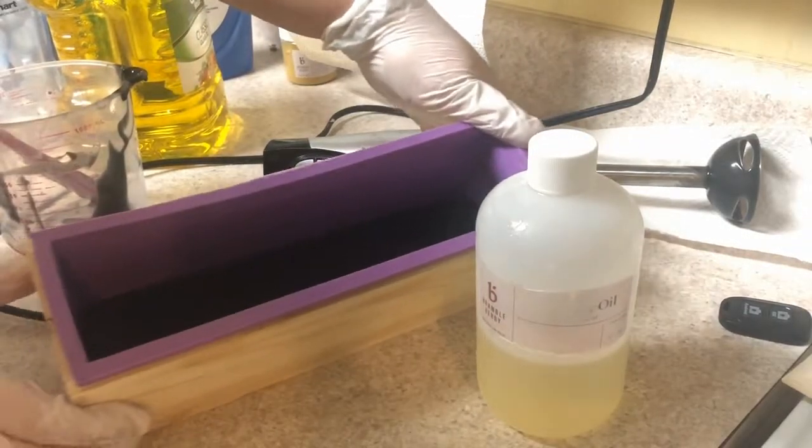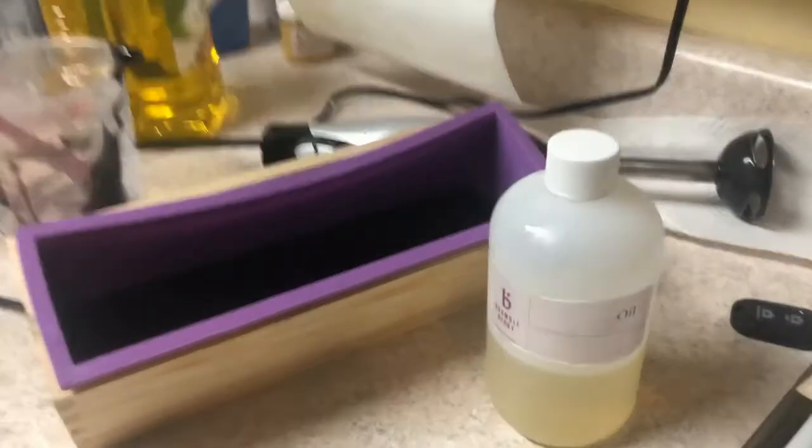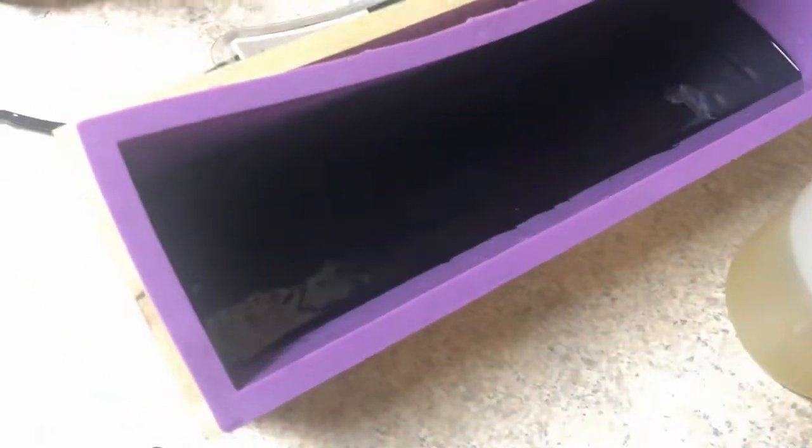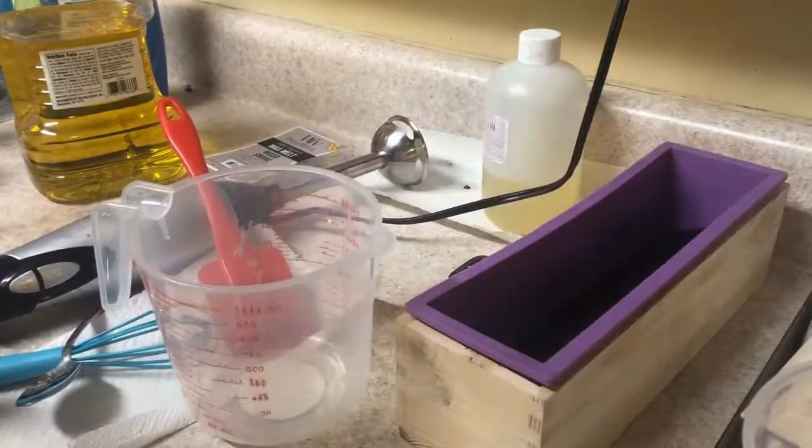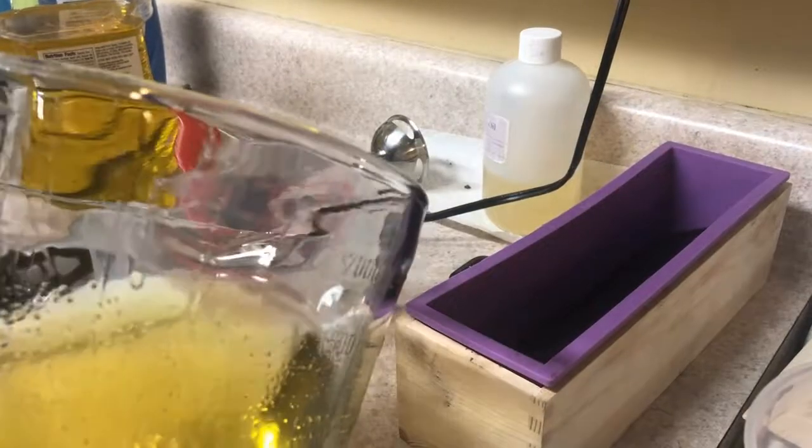While this was setting up, I began warming up the oils for the top part of the soap. By the time they were done, this had set up nicely. You can tell here when I shake it, it doesn't jiggle. So it's ready for me to mix up the top part and then pour it over the